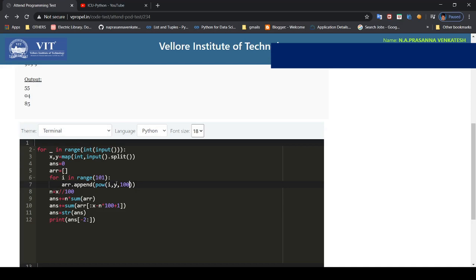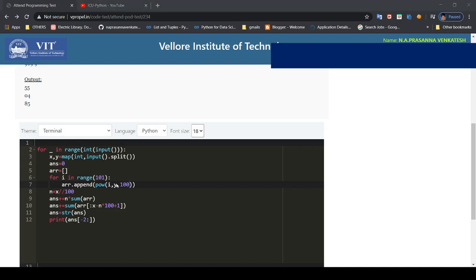So for example, let us take 3 power 10. First it multiplies 3 with 3 becomes 9, again 9 with 3 becomes 27, again 27 with 3 becomes 81, and 81 with 3 becomes 243. And again what it does is that it doesn't multiply this 3 with 243, instead it multiplies 3 with the 43.